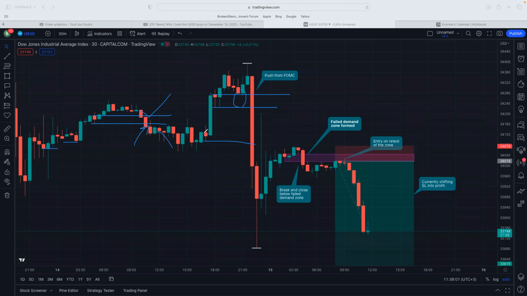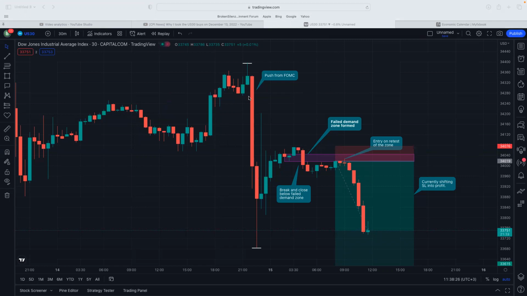Again, we have a demand zone here, and the demand zone is broken, so we push all the way down to the next obstacle. So the common thing that you'll notice from all these instances is that every single time we have a demand zone and the demand zone fails to play its role as being an area for buys, the moment we break and close below it, the structure shifts and we get the overall push that is happening.